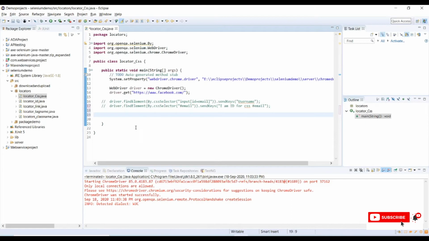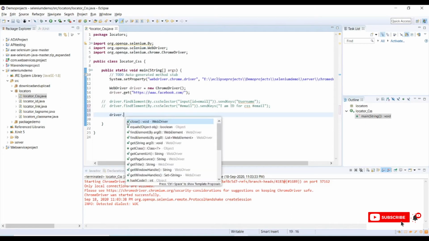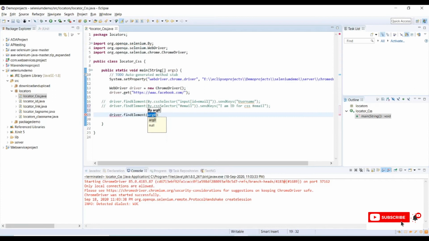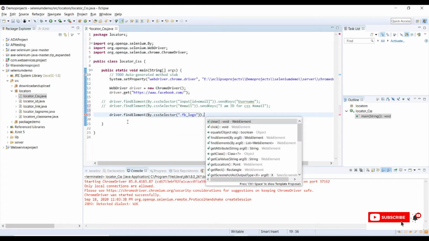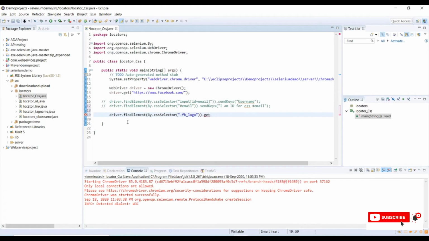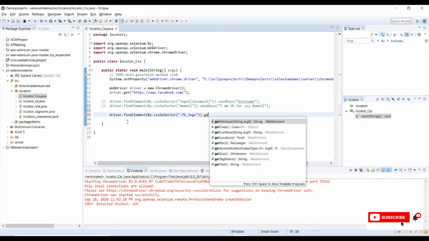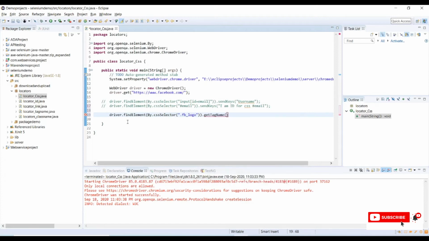Copy, and go back to Eclipse. Driver dot findElement by CSS selector, and in the selector provide the value which we have copied. This is a logo, so we can use getAttribute, since we used a class and will get the attribute used for this logo. Or I can use getTagName, which is the best one, to see which tag has been used to create this logo.